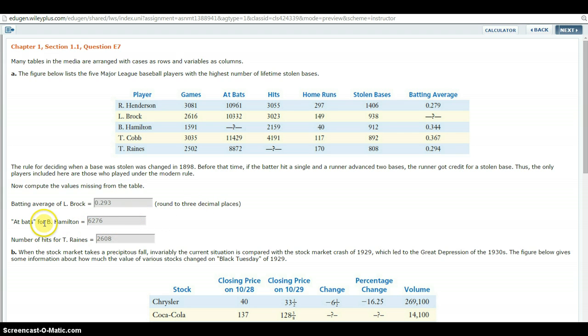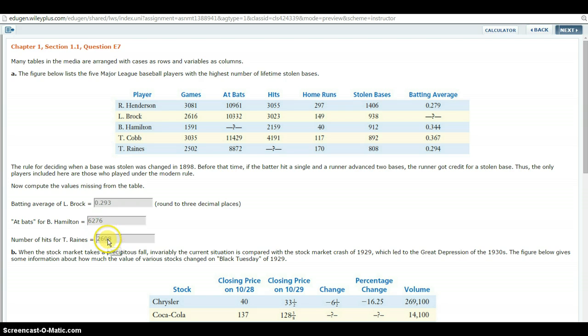there. For Hamilton, on the other hand, we do have the batting average, but we don't have the at-bats. However, because there's only 3 parts of the formula and we have 2 of them, we can always figure out the third. So we have hits divided by at-bats equals the batting average. In other words, 2159 divided by x equals 0.344. So if we rearrange that using algebra, we'll end up taking 2159 divided by 0.344 to get the number of at-bats,